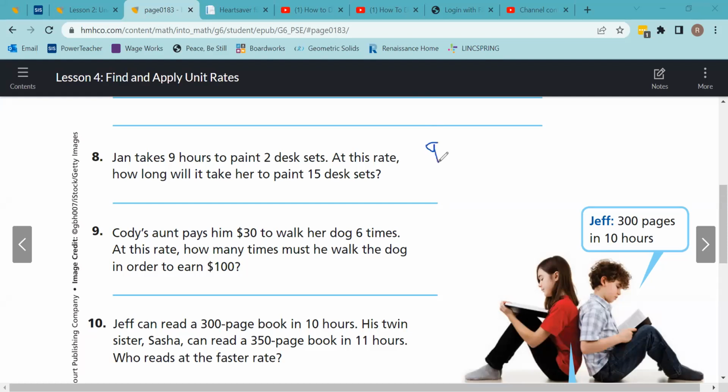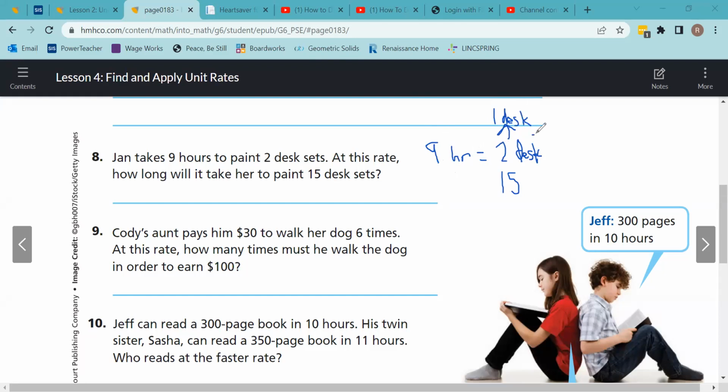Hey, sixth grade. Okay, retake on number 9 here. It takes Jan 9 hours to paint 2 desk sets. How long will it take her to paint 15 desk sets? Well, first we need to break it down to how much time it will take her to accomplish one desk